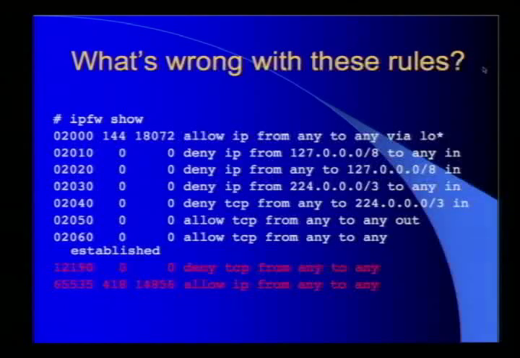Some of you don't read this stuff, and I'll tell you what it means. For the rest of you, this is the firewall you get when you click on that little start button. Anybody seen any problems here? Somebody want to help me out? The bottom two lines, which I've so helpfully made red. This says I've got a default deny TCP firewall, and then I've got this allow IP line.